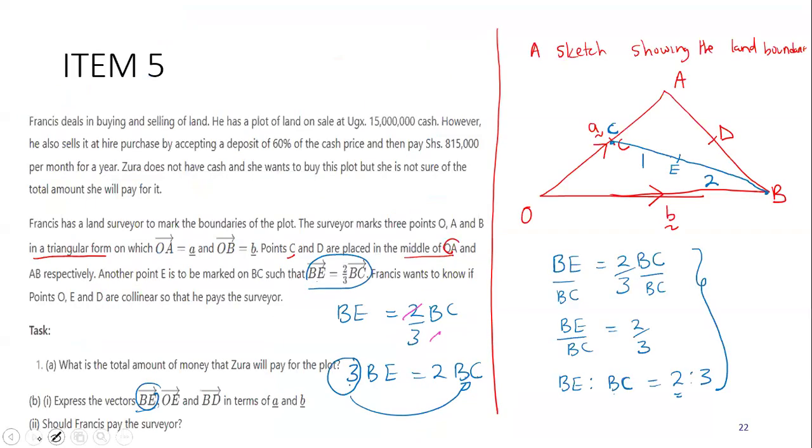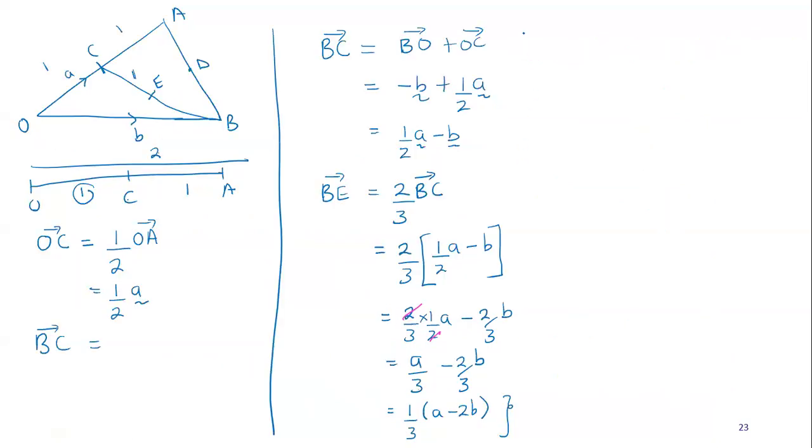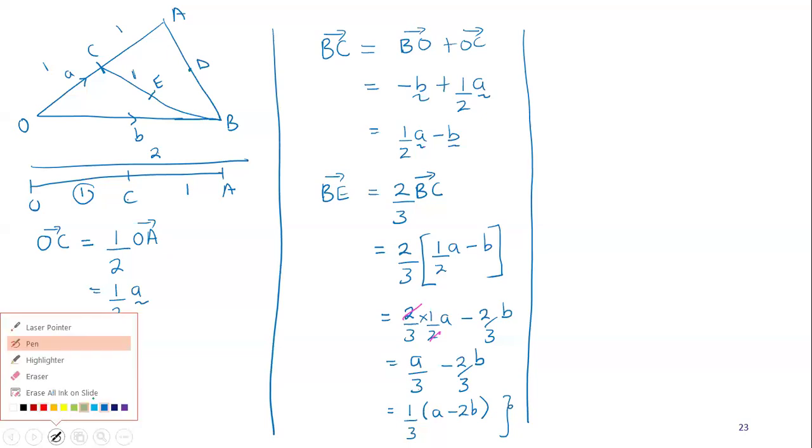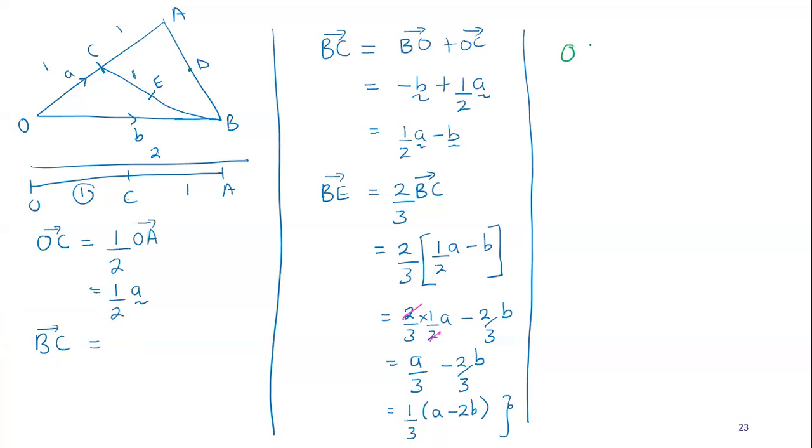Then when we go to the second part, they wanted us to obtain O to E. So I'm going to come here and now obtain what is O to E. Now, when I'm getting O to E, I'm going to come and say my O to E, my vector OE. Now, like I've told you, go back on your sketch and indicate O to E. Now we are finding vector OE. This is our vector O to E. Then I'm going to ask, which paths can I use? Can someone raise the hand and you tell us how can we get O to E?